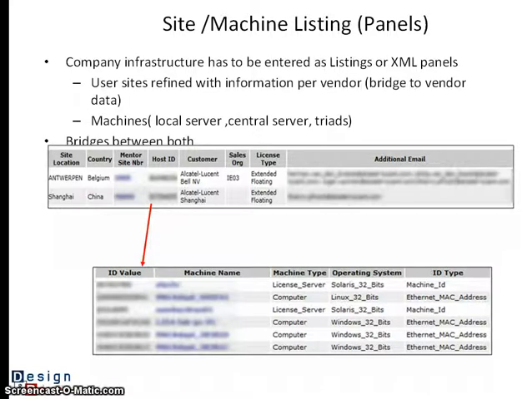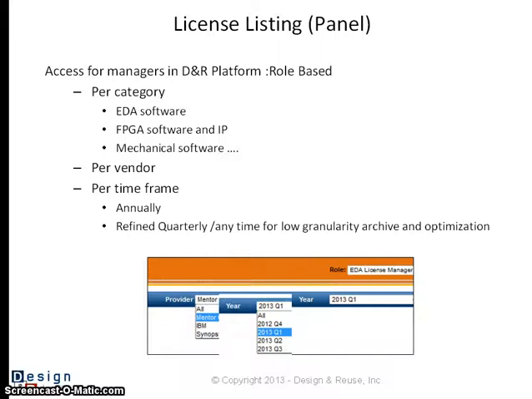So if sites are something general at Alcatel, you have below a hierarchical design because you have to have a link with, I would say, the image related to the vendor. For the machine, it's maybe simpler. Machines are described by the machine name, the machine type, operating system, and ID. So these are the basics of the management. You have the sites and the machine. Now you will be able to describe your license.